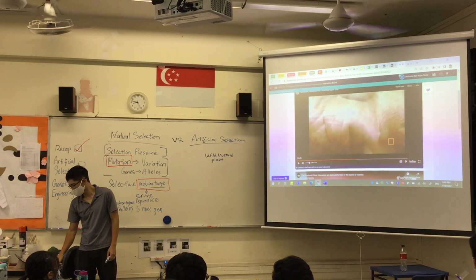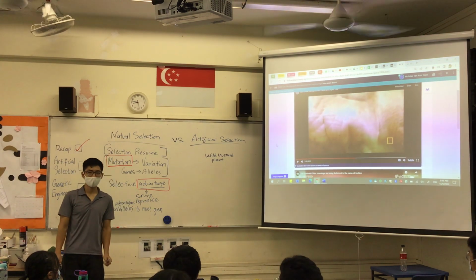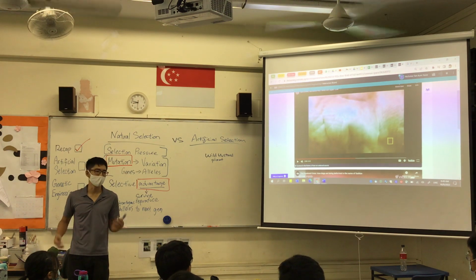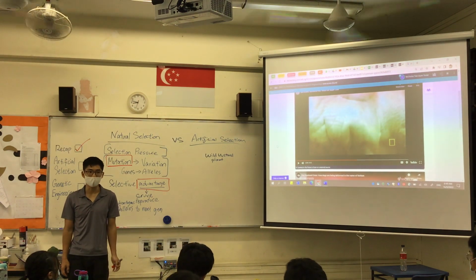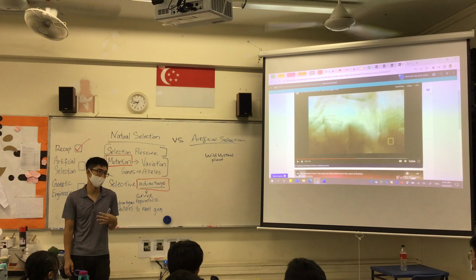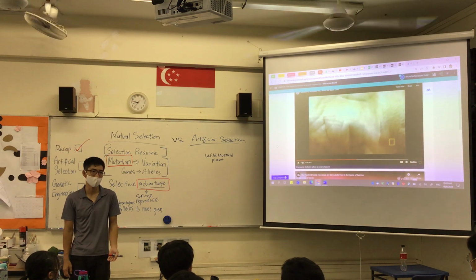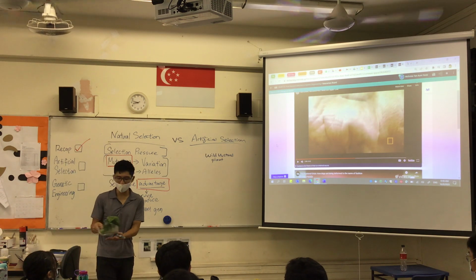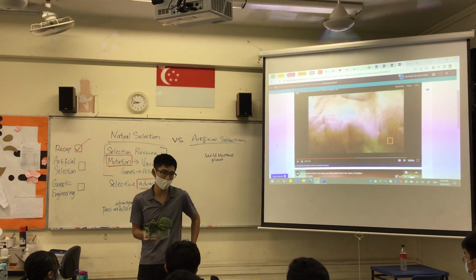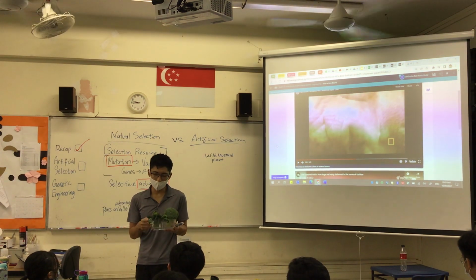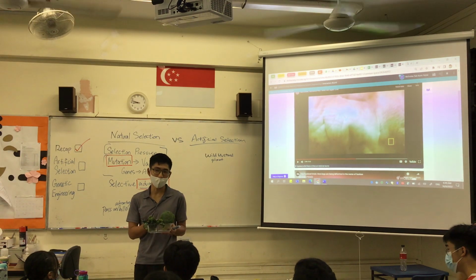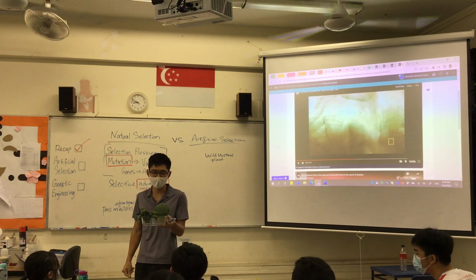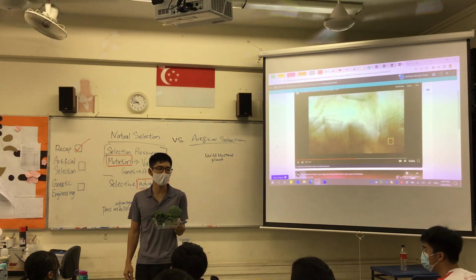So believe it or not, we've been doing it for really, really long. A lot of the things you eat have been artificially selected to become what you see in modern day. I'd like to show you two plants over here. Not plants you can find in the supermarket. This is called kailan, this is called broccoli. They are the same plant. Yeah? They are the same plant. Just artificially selected